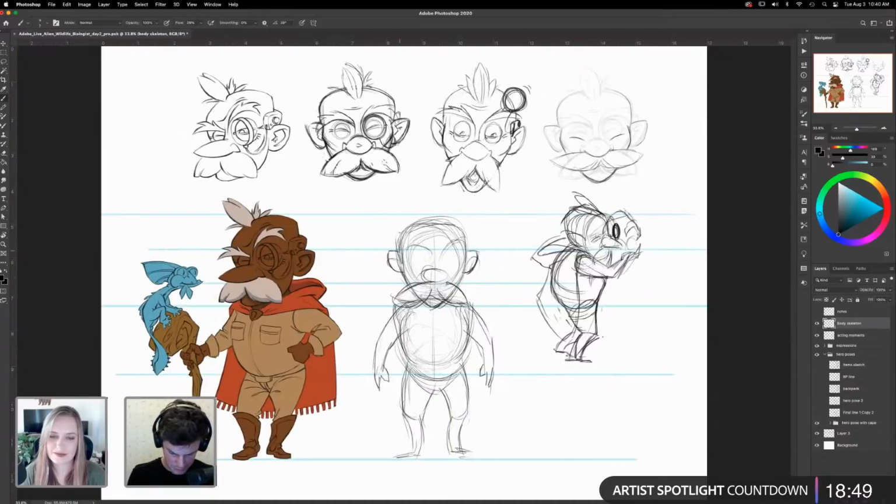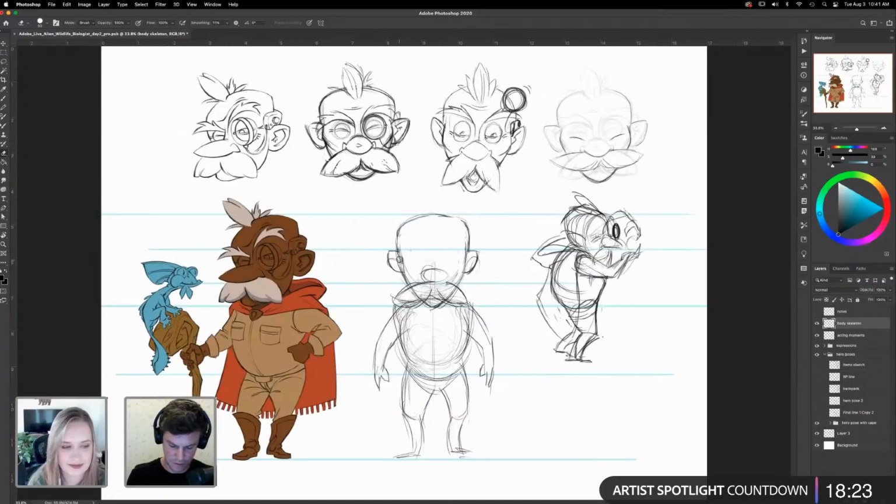And I would say this part, getting good at this, takes a lot of work. Yeah, I could imagine. I would say just study a ton of other illustrators and character designers. See how many videos you can see of how they work. Try to absorb as much as you can, because it's just not easy.